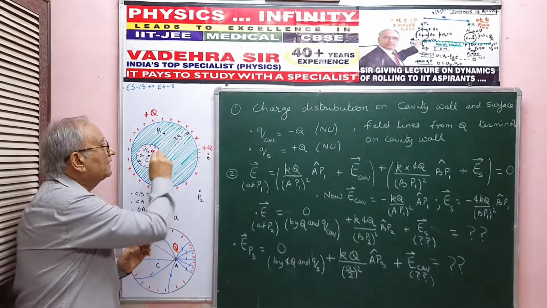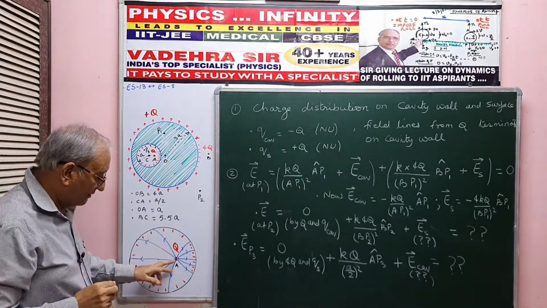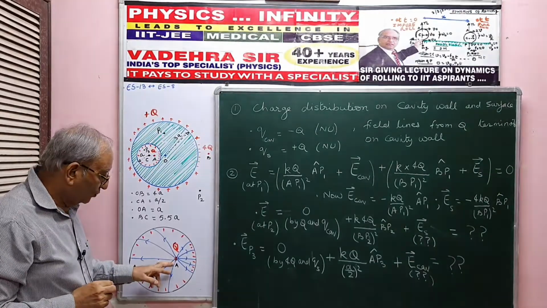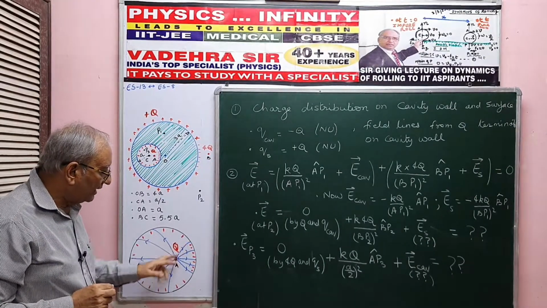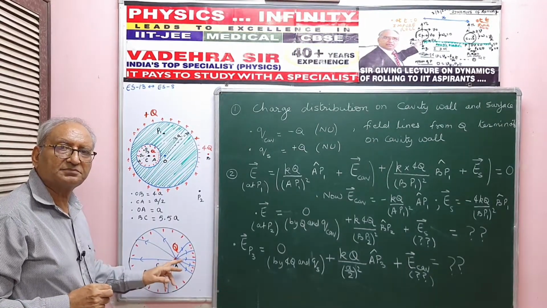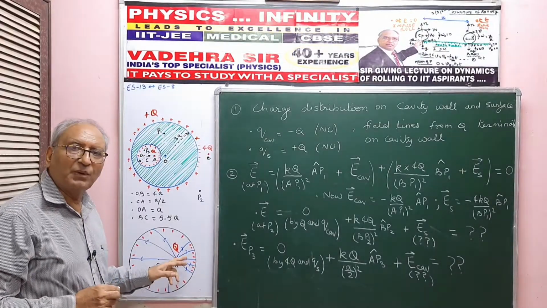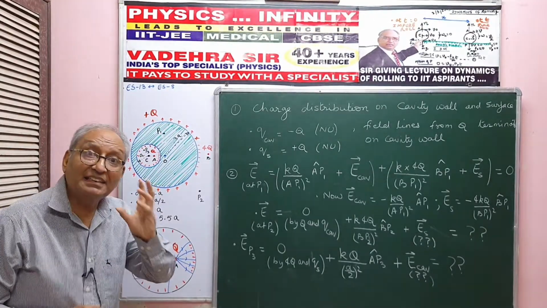Field lines cannot penetrate the conducting material. So they'll start from here. Look at this. I've made an elaborate figure. So the field lines will start from A and terminate on the inner walls of the cavity. So on the inner walls of the cavity, there will be minus Q charge,